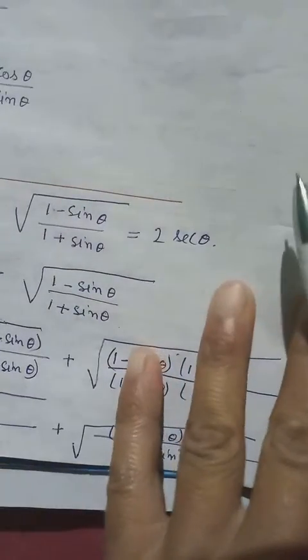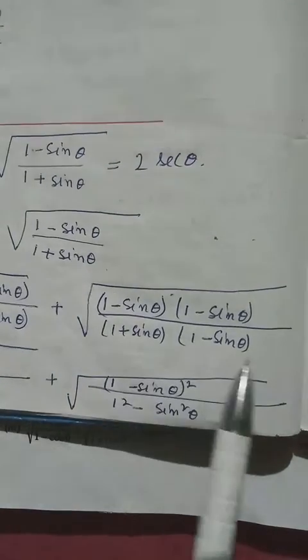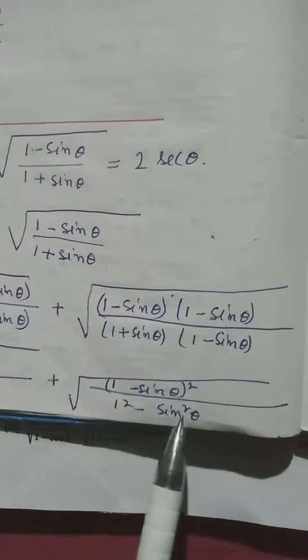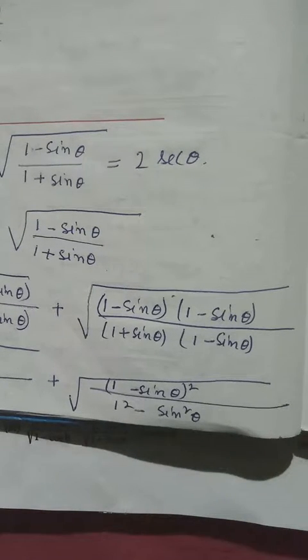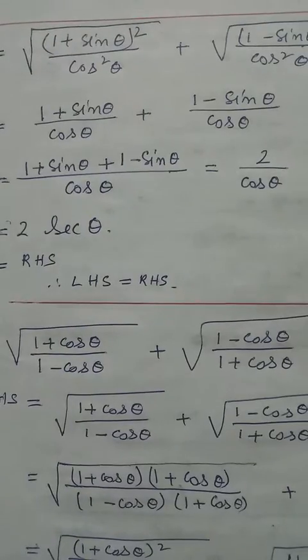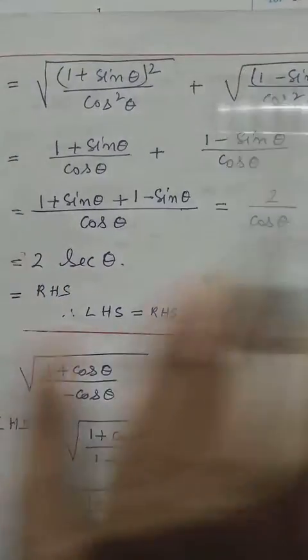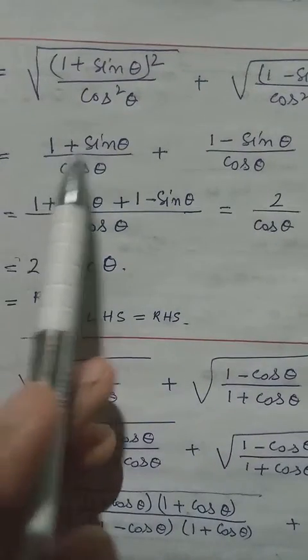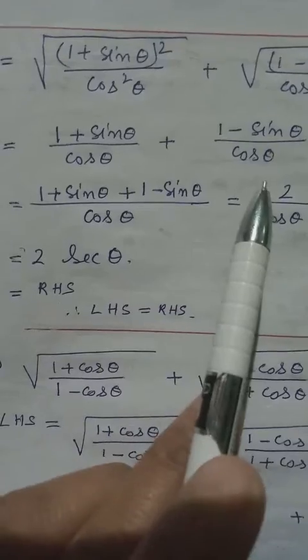Then the other side also goes the same. Both are minus, we can write them as a whole square. (a plus b)(a minus b), we can write a square minus b square. 1 into 1, 1. So 1 minus sine square theta, from identity it is equal to cos square theta. Now we get square in both numerator and denominator. So the square will get cancelled with the square root on both sides. Then we are left with 1 plus sine theta by cos theta plus 1 minus sine theta by cos theta.